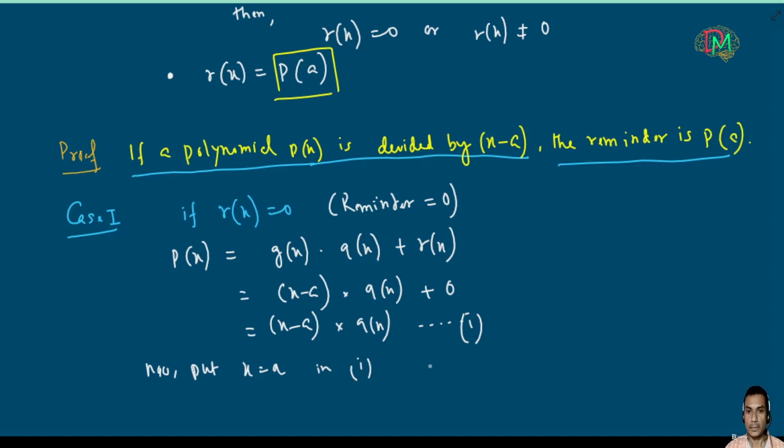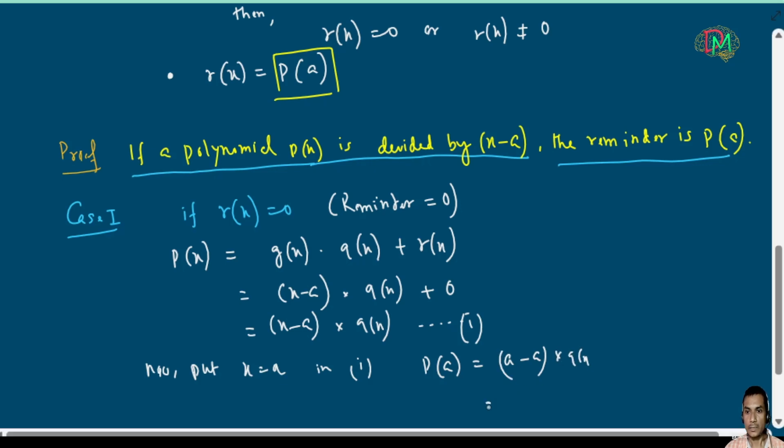What will we get? We get P(a) is equal to (a minus a) into Q(x), which is 0 into Q(x)